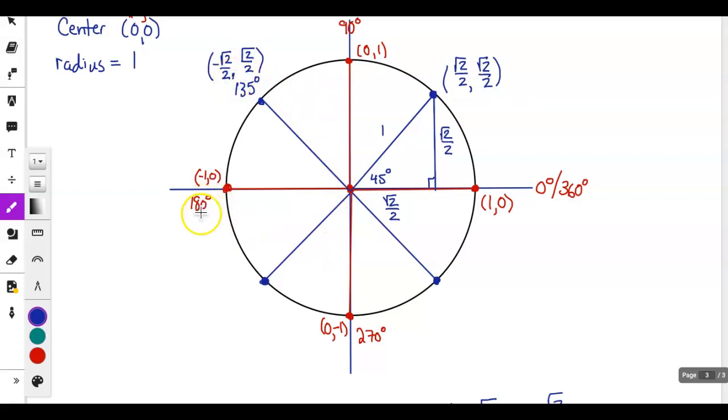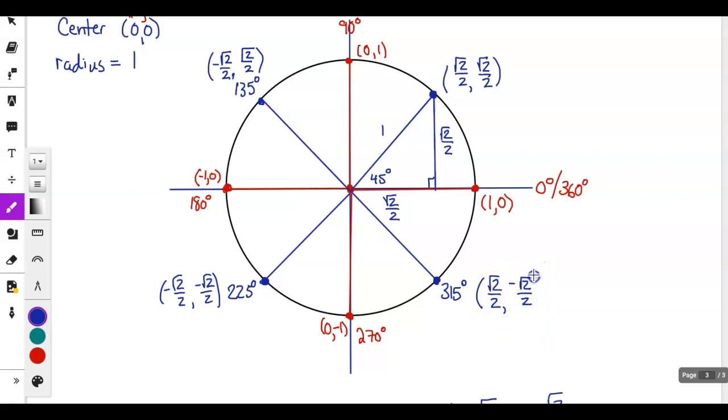If I go 45 degrees past 180, that would be 225 degrees. And this ordered pair, since I'm going left and down, would be negative root 2 over 2, negative root 2 over 2. And then lastly, if I go 45 degrees past 270, this would be 315 degrees. I'm going right, so I would have positive root 2 over 2 again,